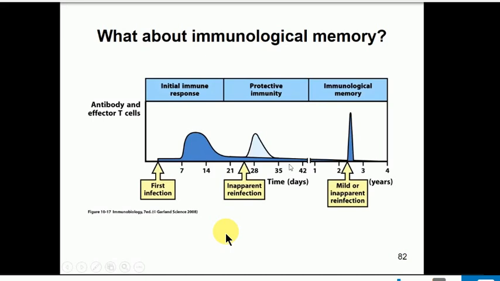So the immune system will cope with, if you've been vaccinated or if you've had a disease like chickenpox or mumps, it's not that the virus has gone away. You're getting infected by it all the time, but the immune system just deals with it straight away. You don't even know that you've been infected. The only way that you can tell you've been infected is the levels of circulating antibodies will transiently go up, and then they'll go back down again once that thing has been cleared. But without looking at the antibodies that are circulating in your blood, you would have no